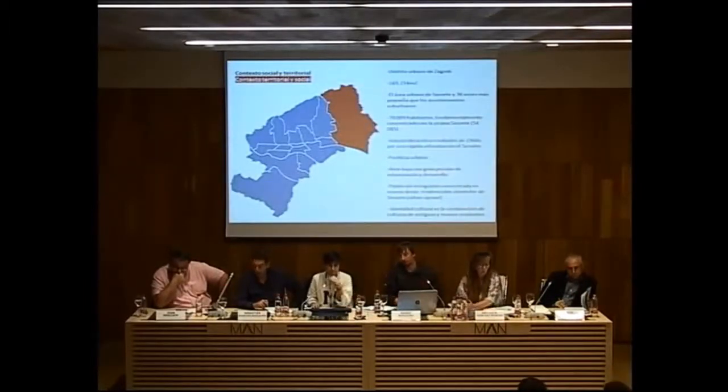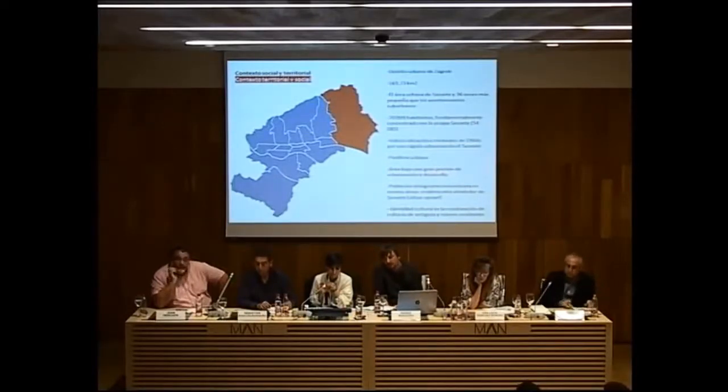So the territorial context: it's the far eastern city district of the area of 165 square kilometers, consists of the Sesvete urban area and 36 smaller suburban settlements. It has 70,000 inhabitants, mostly concentrated in Sesvete itself, almost 55,000. Industrialization in the mid-60s prompted rapid urbanization of the area, and the area is now considered as an urban periphery